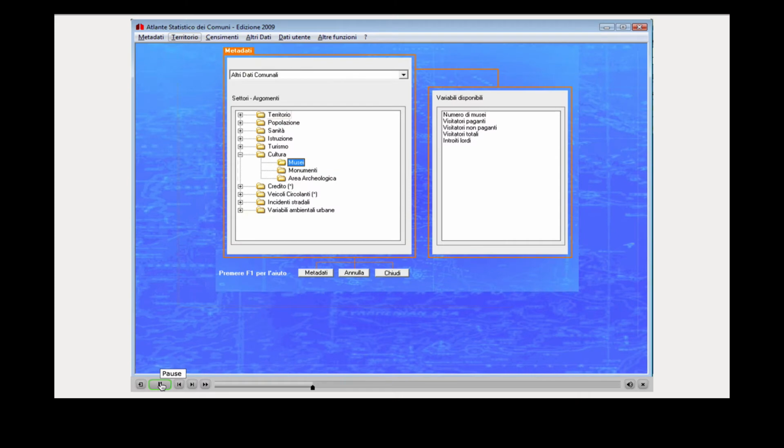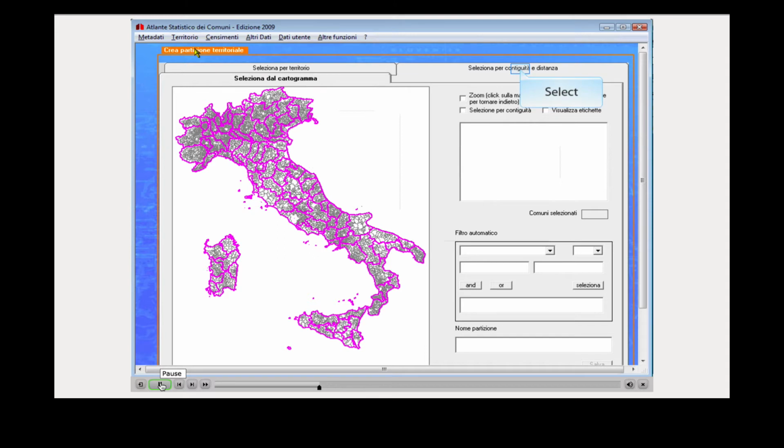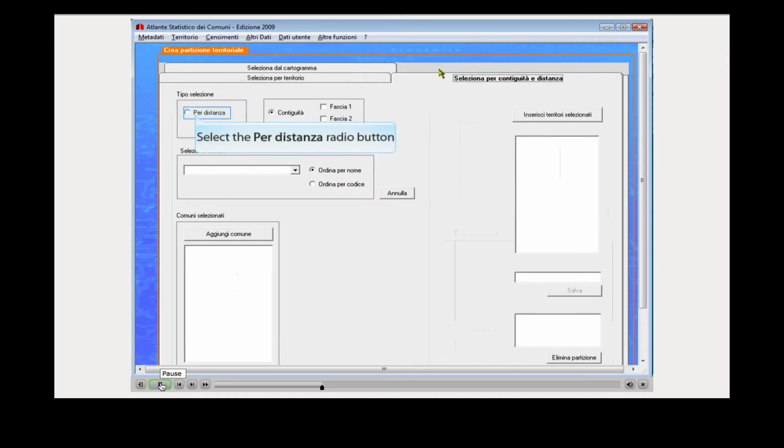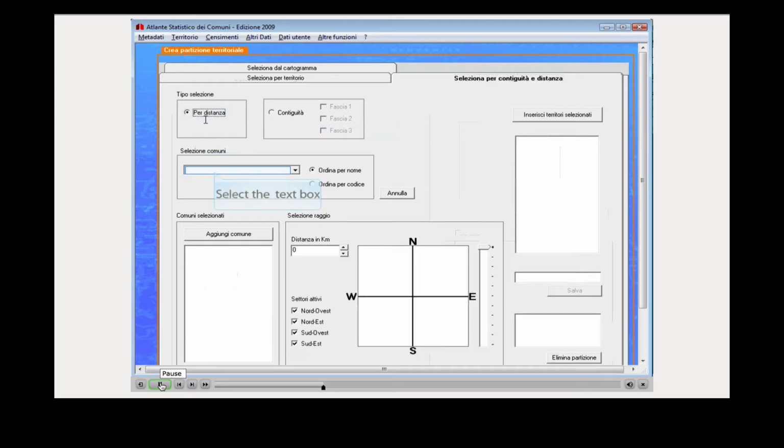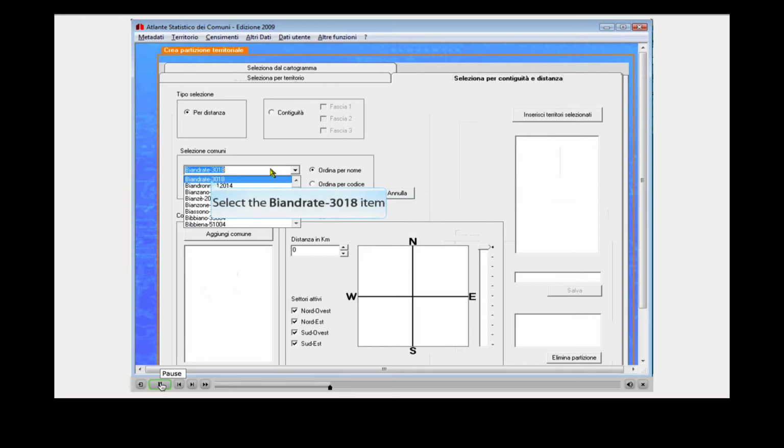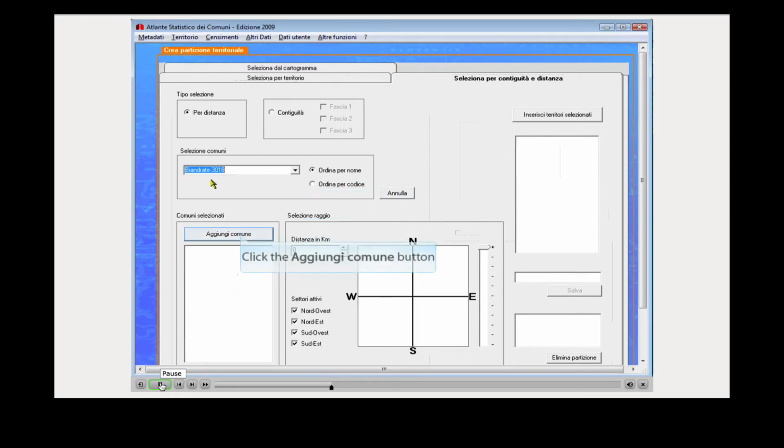In order to obtain data on our catchment area, we have first of all to create a territorial partition. So we go on Territorio, create a territorial partition. We want to select it by distance. We indicate here the name of the municipality, in our case Biandrate. We select the exact municipality from the list,